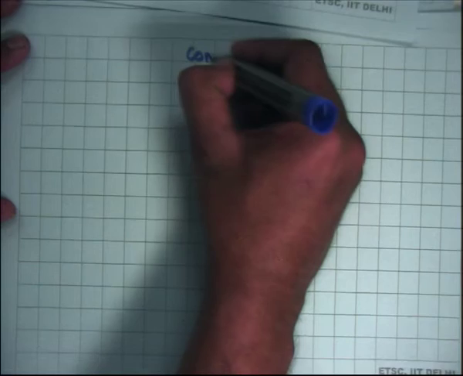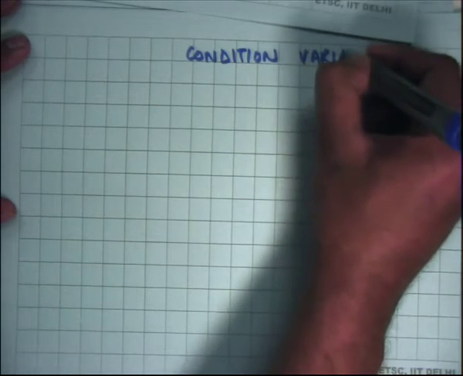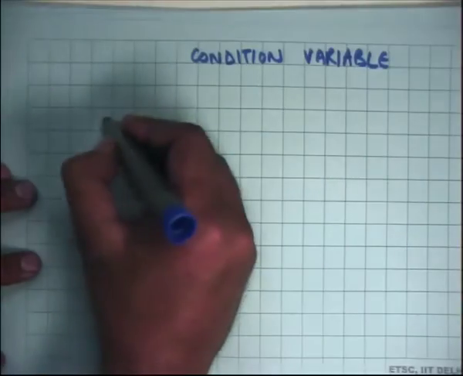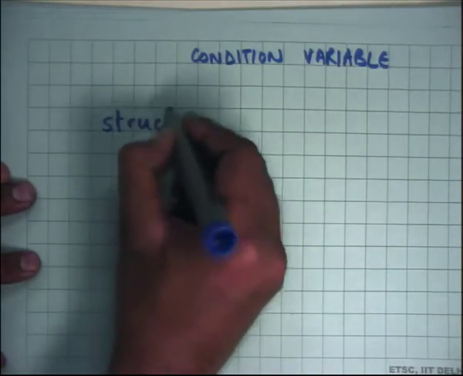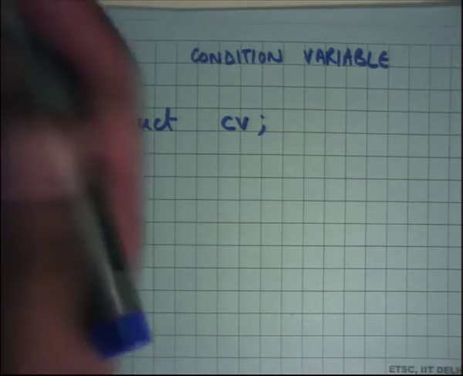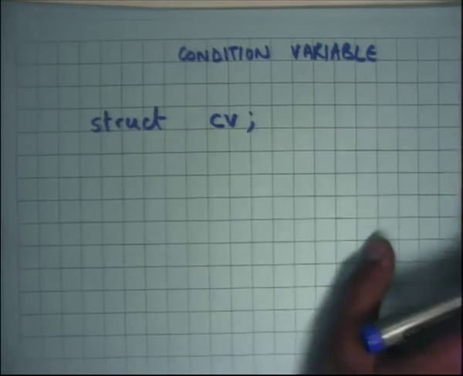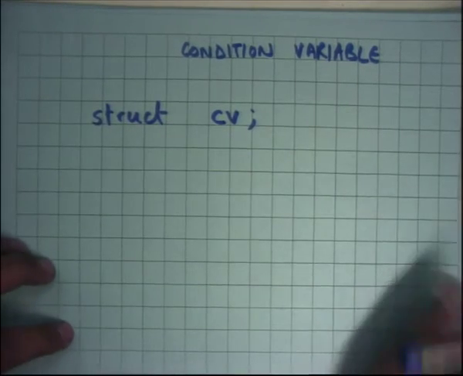Okay, so what am I going to do? I am going to define a new abstraction that is called condition variable. Right. So let's understand what this abstraction is. Just like a lock, there is a type called struct CV, just like there was a struct lock and you could instantiate a lock with this type. Similarly, you have a type called CV and you could instantiate this type,